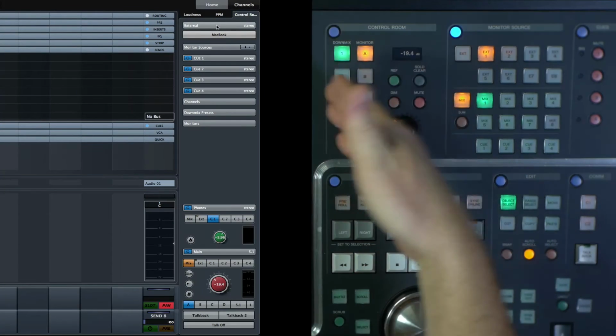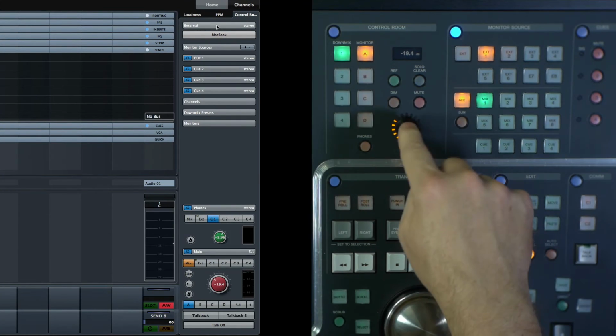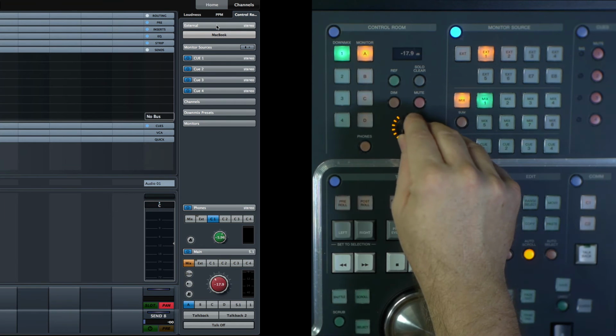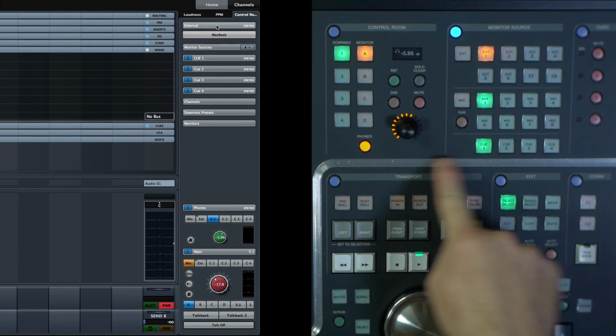And the great thing is, since the phones channel is independent of the control room monitors, you could have your speaker system listening to the main mix, and then when you switch to the phones channel, phones could be listening to one of the Qs. That way, in the control room, you could put on your own set of headphones and be able to listen to any one of the 4 Qs to make sure the headphones are working well, while leaving the speaker system on the main mix for whoever else is in the control room. That makes